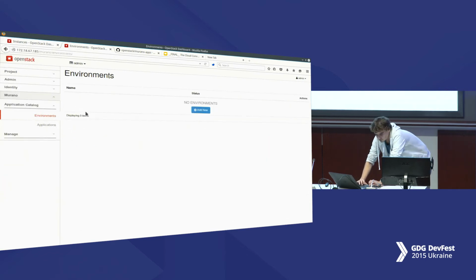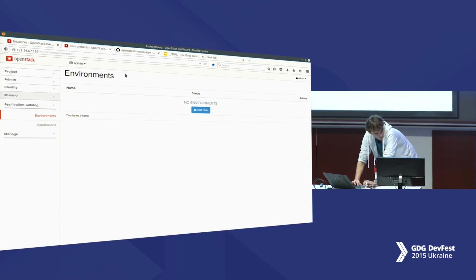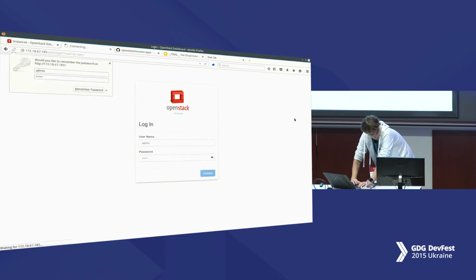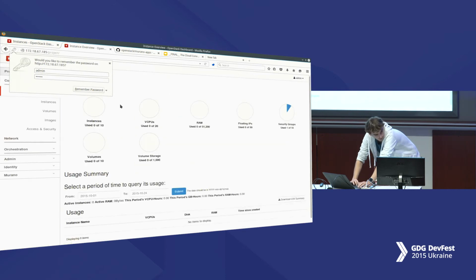To start building the whole environment on OpenStack, we need OpenStack itself. So here's a pre-built OpenStack using the DevStack tool. It's running locally on a remote server. At the current moment, we have no instances and no allocated networks there.